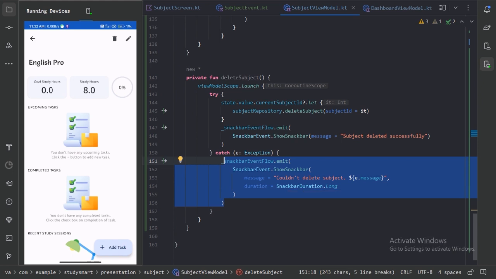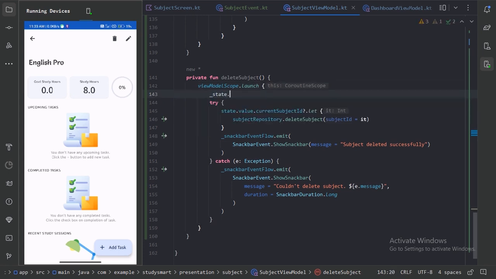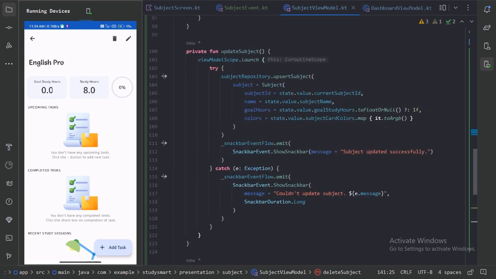Here one more thing we need to do, because when we delete this subject, the user should navigate back to the dashboard screen. So for this we will also keep checking whether this operation has been done successfully or not. So here let's update the is loading value from the state. So here first this will set the is loading value to false, and let's copy this, and after we are done with this, then we will update this value to true. And first let's attach this delete function with the event,